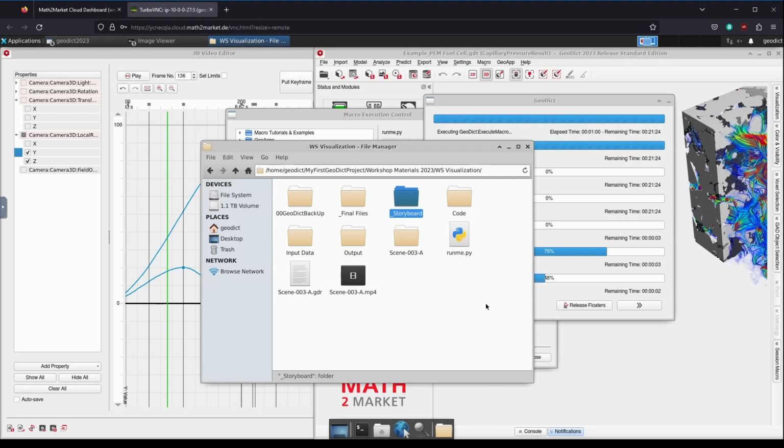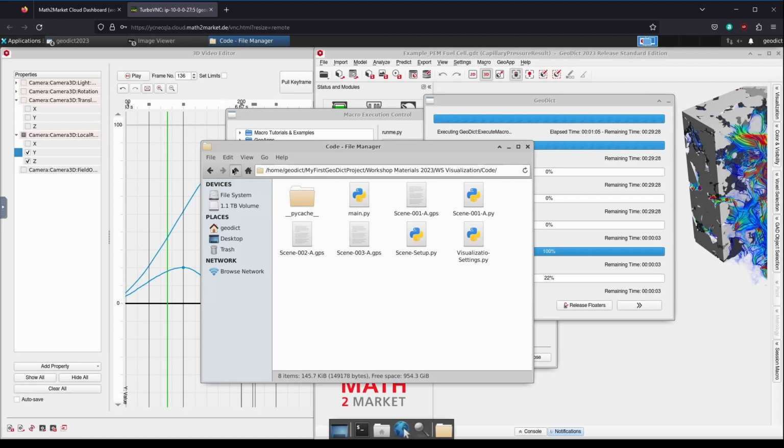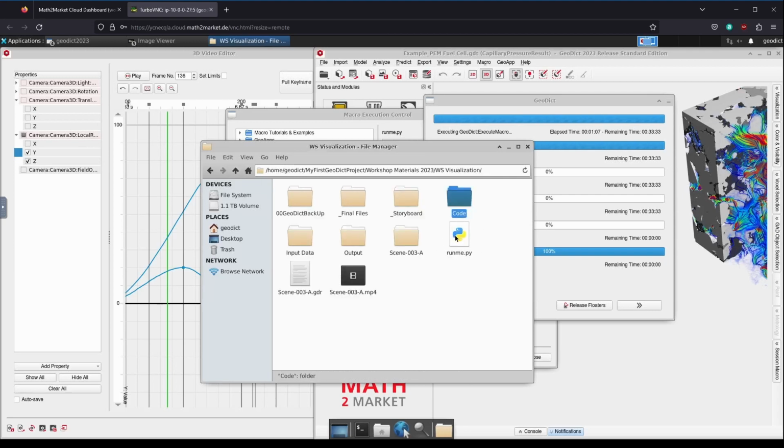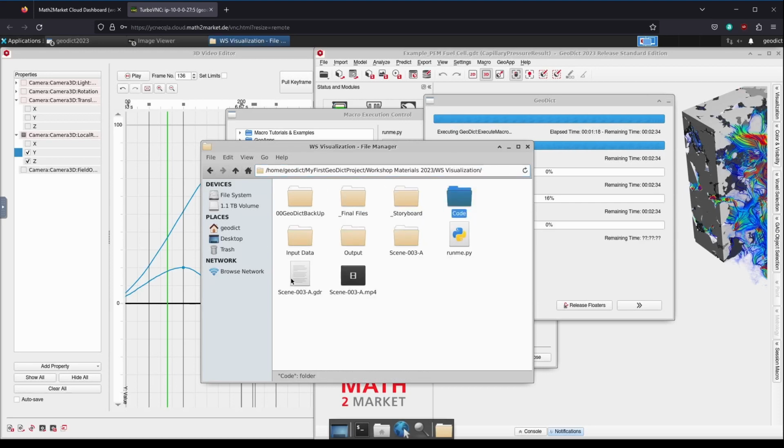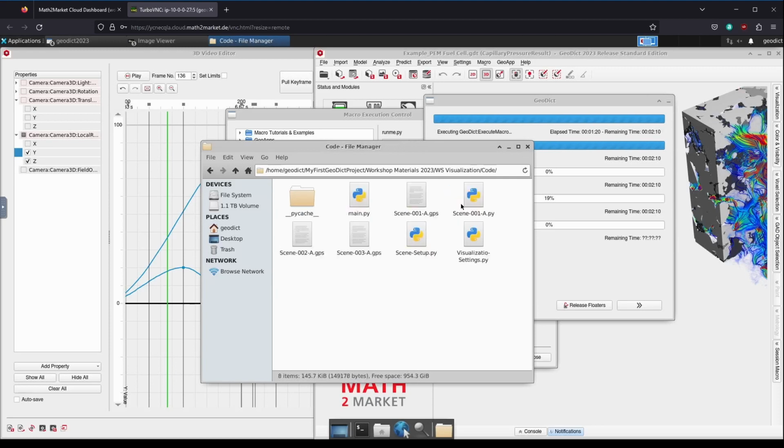Two key files to focus on in our framework are runme.py and main.py in the code folder. Runme.py should be placed directly in the main project folder, while main.py should be placed within a subfolder called code, located in the main project folder. It's also important to keep any video data, GPS files and additional Python files within the code folder. If anyone has any questions or would like to learn more about how the framework functions, feel free to take a closer look at the Python files and make any necessary modifications.